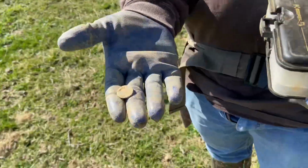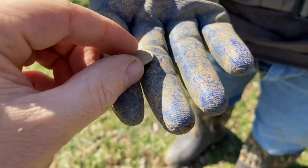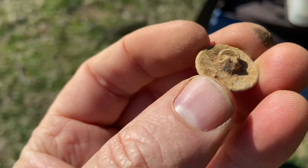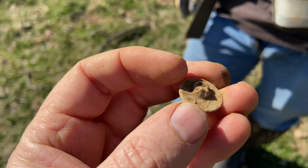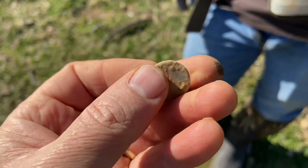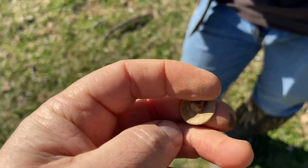All right, out here with my buddy JJ. I say he's got a button. Oh, sweet, dude. Oh man, that's an old one. It's got like instead of a, I can't think what it's called now. Instead of the